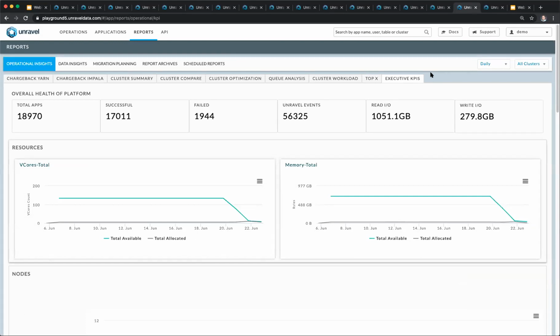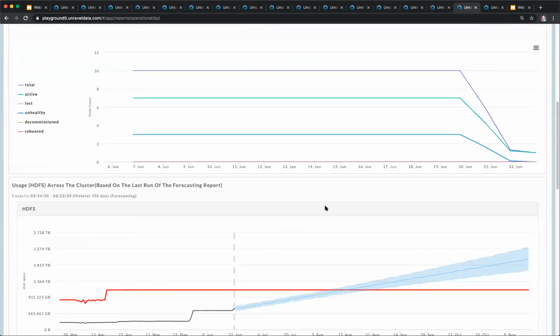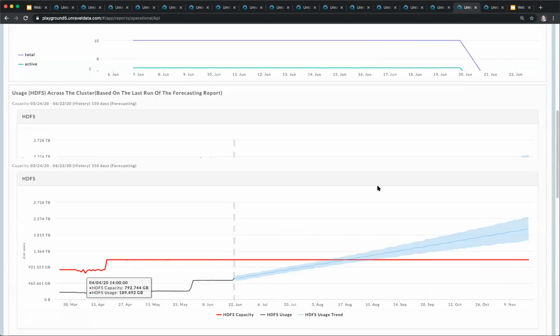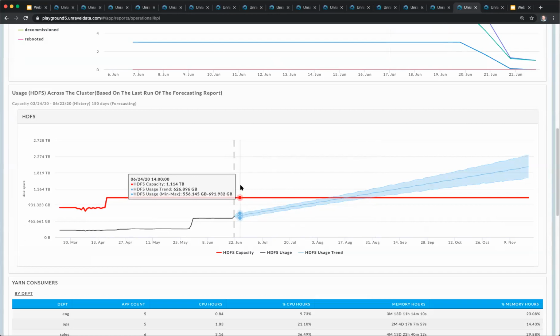We've got a lot of reporting built into Unravel to give you the kind of understanding you need about your environment. Here, we're looking at the executive report overview. So just a summary of overall apps in the environment, how many were successful, how many failed, what does my IO look like, as well as my Unravel events, which you're seeing here. So this is how many events Unravel has seen across all of the applications for this particular duration. CPU and memory usage as well, node counts, how they've been behaving,